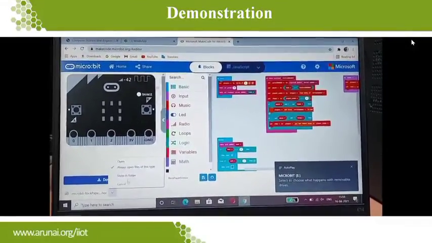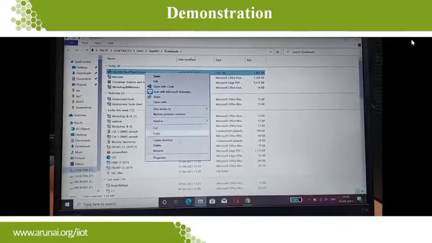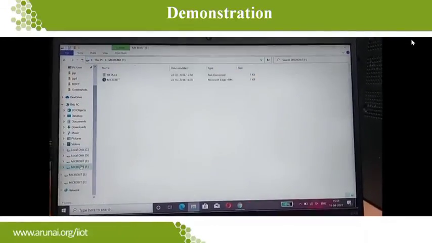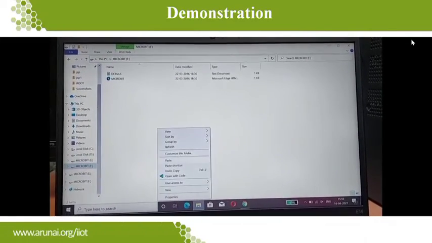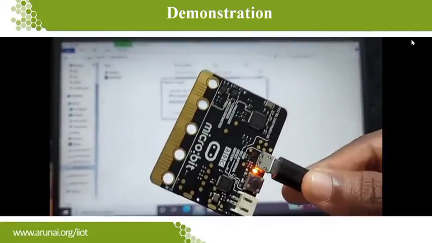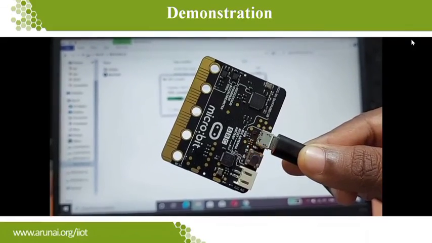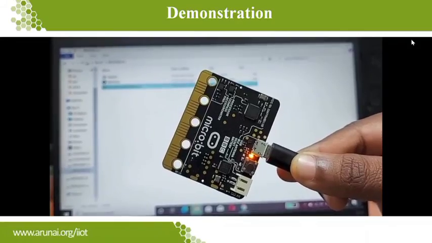Follow the same procedure for copying the code into another microbit. Once the blinking has been stopped, we can assure that the code is being uploaded successfully. Now the code has been uploaded in both the microbits.